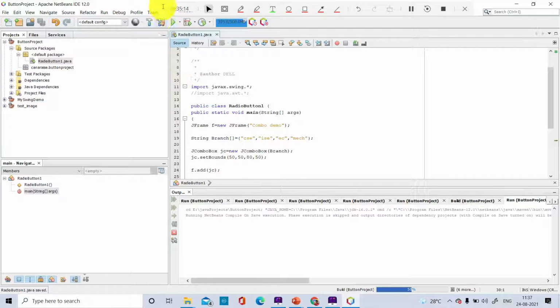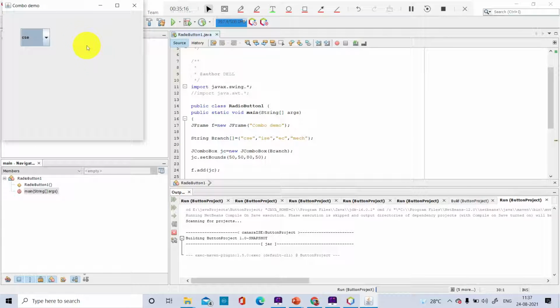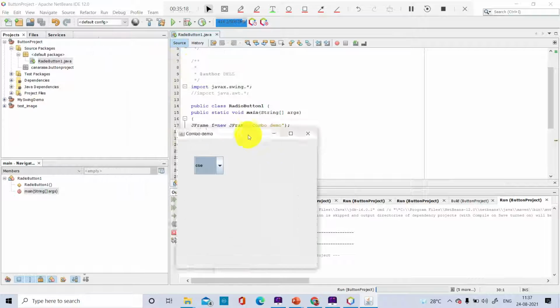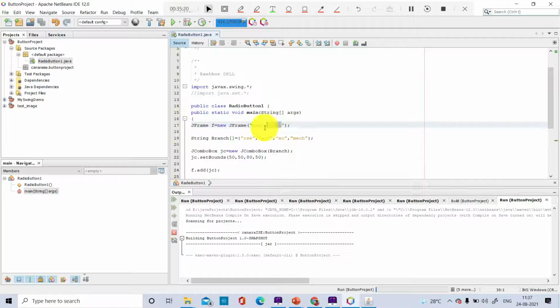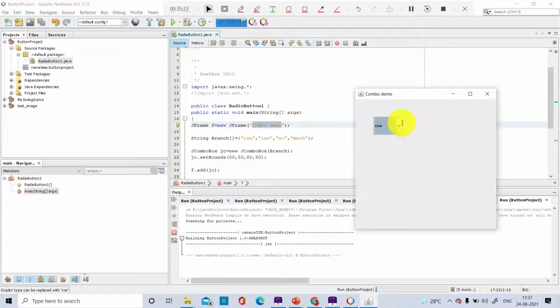First build, then run. Can you see here I am getting a combo box, the name is combo demo. You can see the same name appearing here, combo demo, with 4 options where I can select only one.